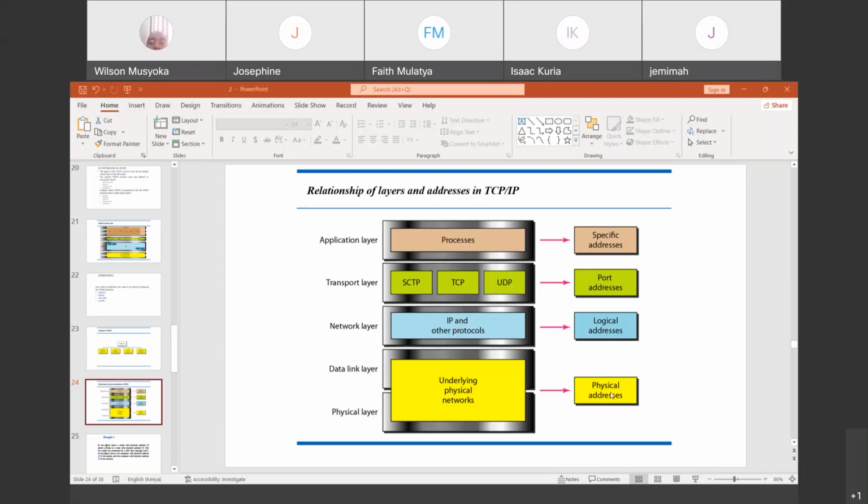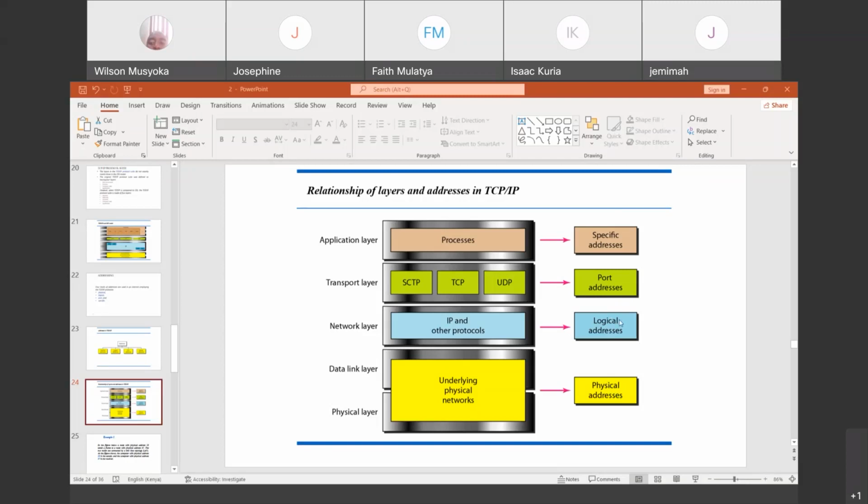So the physical address is the MAC address, which we have said is a 48-bit address that is divided into two. The first 24 bits are the OUI, or the organizationally unique identifier, which is for the maker of that device, and the other part is for the device identification.